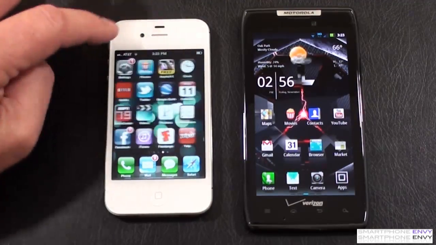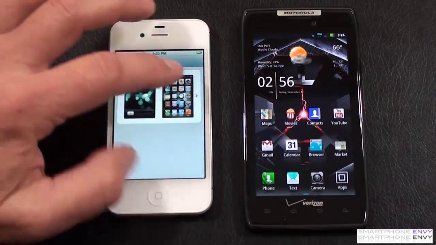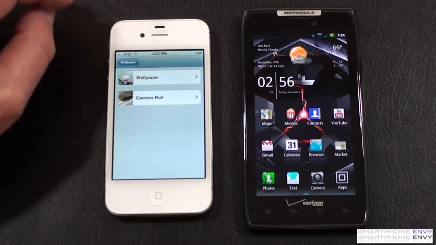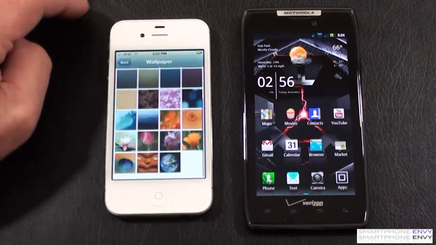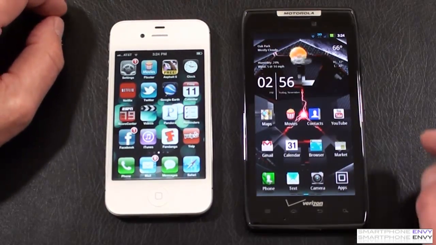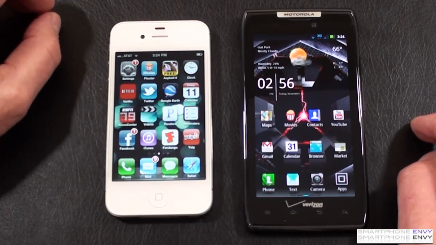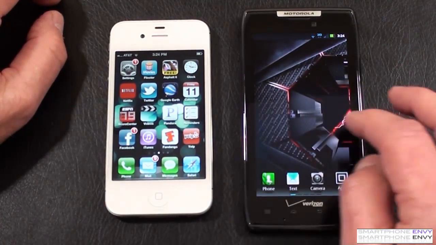And as far as customizing the look, you can go into wallpaper and you can change the look for both the lock screen and the home screen either via the camera roll or the wallpapers that come with it, or obviously you can download an app to pick up more, and as you download those it puts it under the camera roll. Alright, on the Droid RAZR you're going to get 5 different panels that you can customize either with